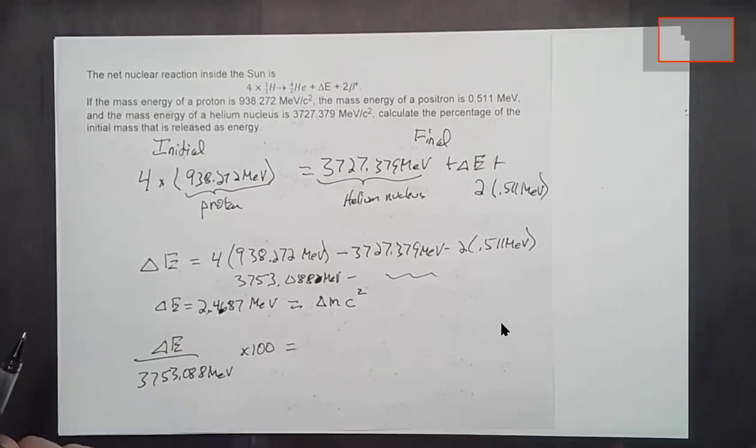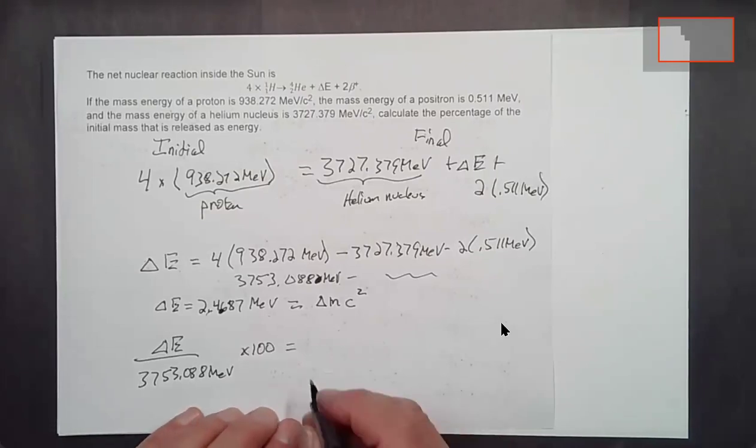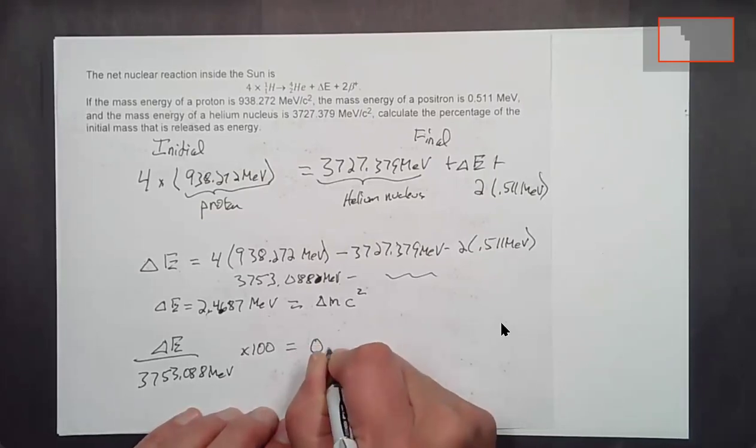So I got the 24.687. I'll multiply that by 100 and then divide it by 3753. And you get about